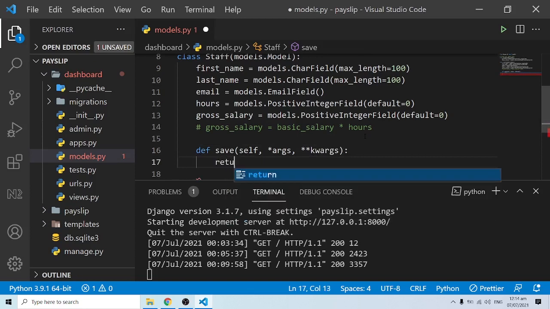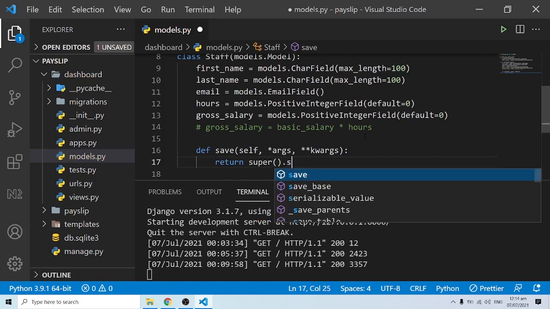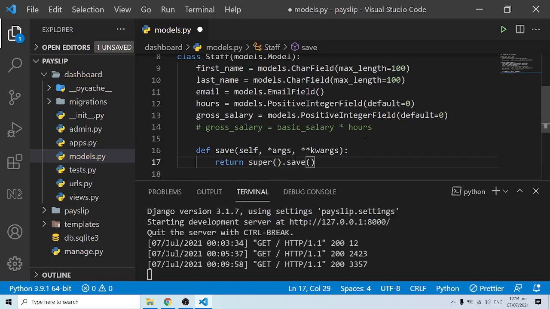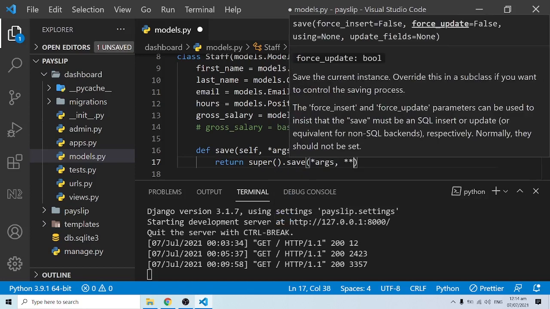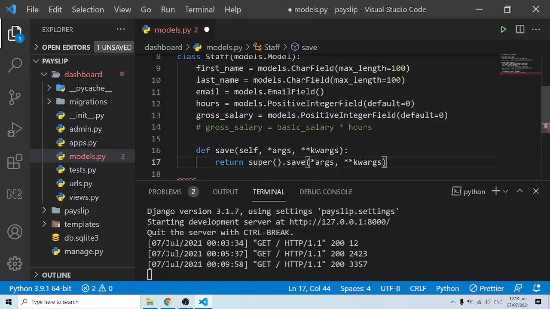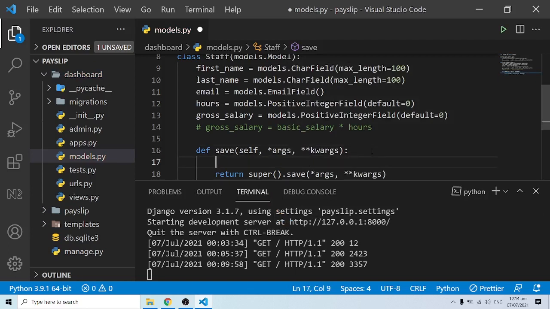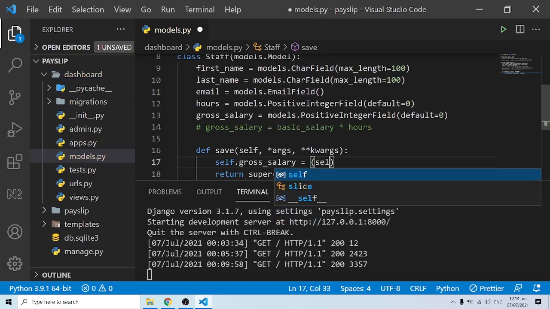First of all, let me return super dot save, and inside save I'm going to pass in the args and the keyword arguments, so kwargs, like this. Now before saving, this is where the calculation comes in. So I'm going to say self dot gross salary is going to be equal to, we are going to implement this formula over here, and let me put this in this bracket over here. I'm going to say self dot hours,